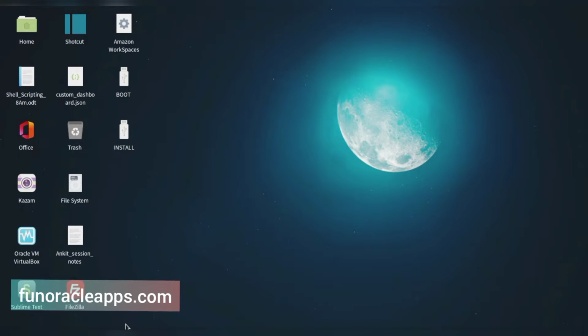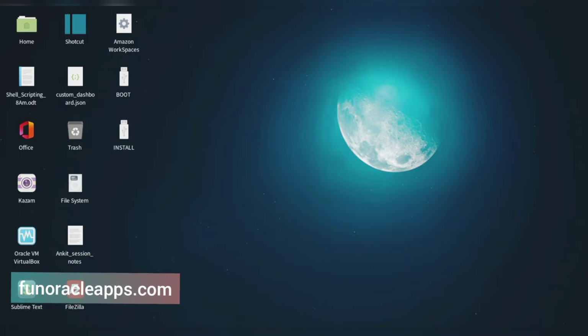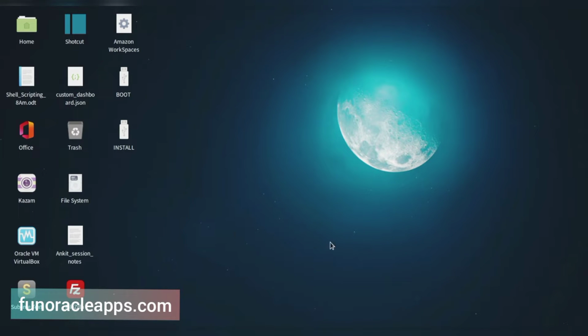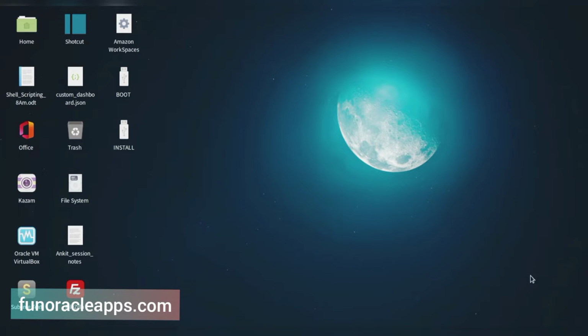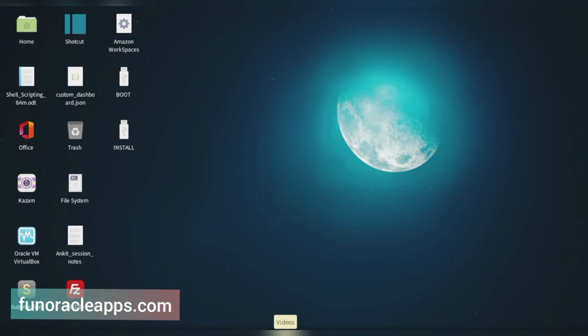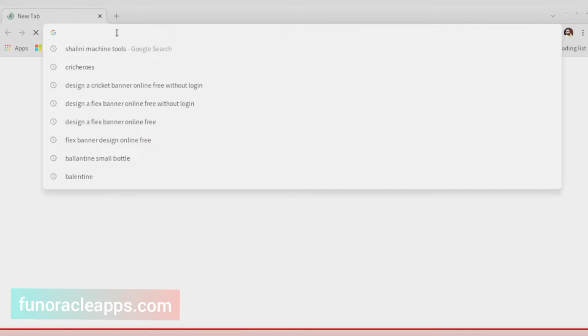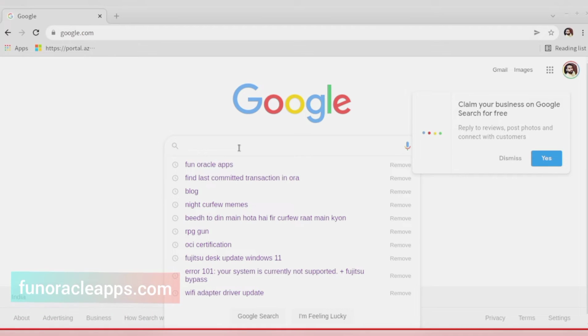Now next thing, I have to download the Windows operating system. So you can open your browser. So let it open. And if you don't know the link, we will simply Google it.